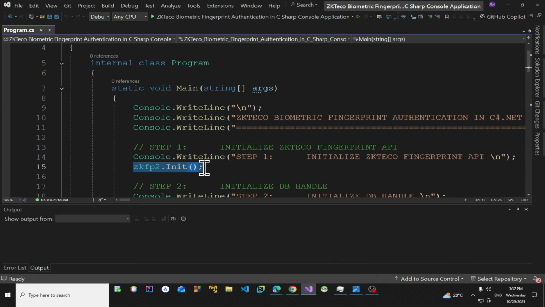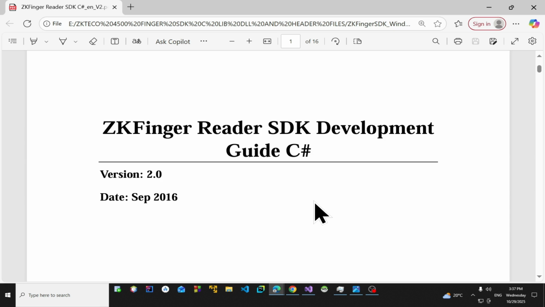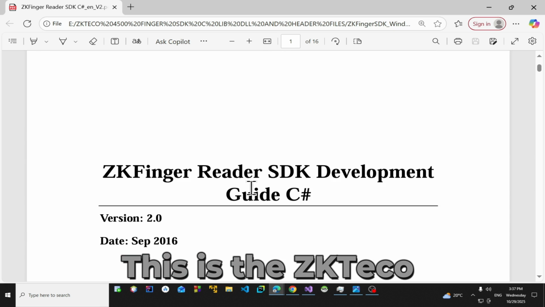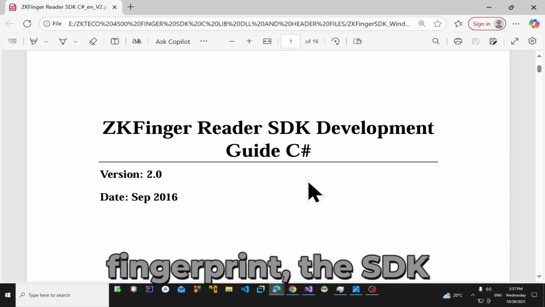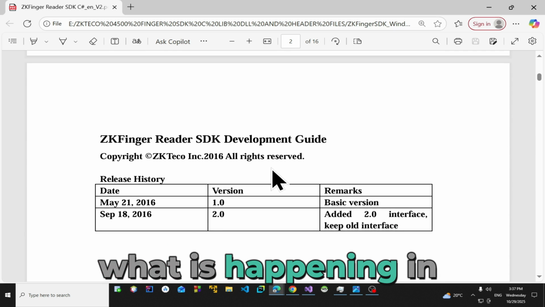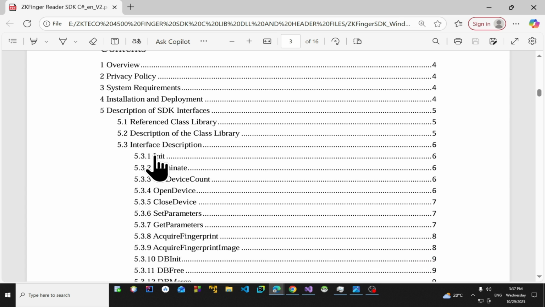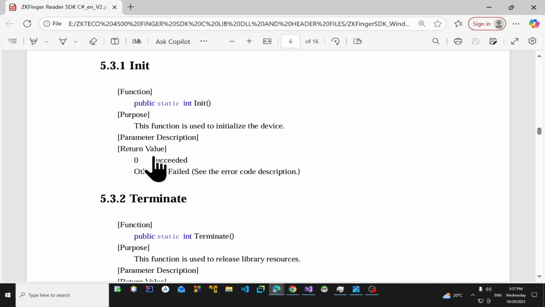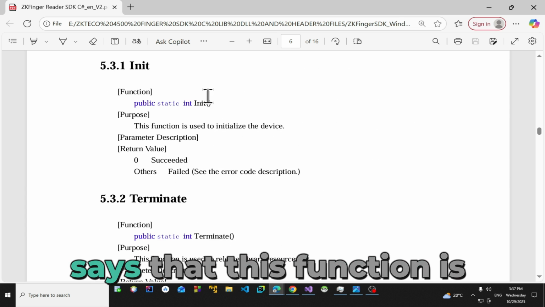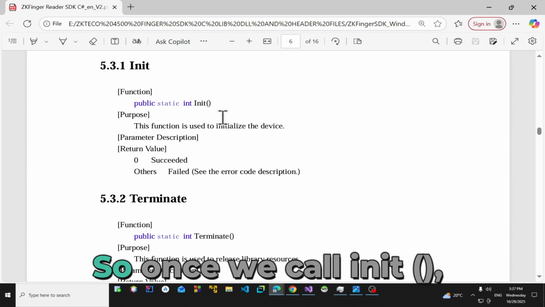Right here. Let me quickly take you to the documentation so that you can see how that happens. This is the ZKTeco Fingerprint SDK documentation. I want to show you what is happening in initialization of the API. Right here in page 6, the documentation says that this function is used to initialize the device. So once we call init